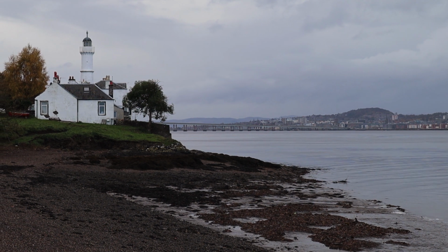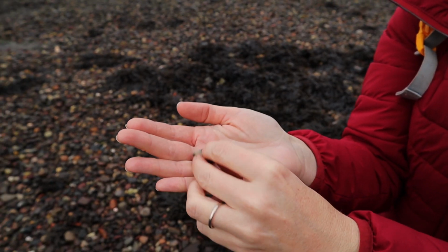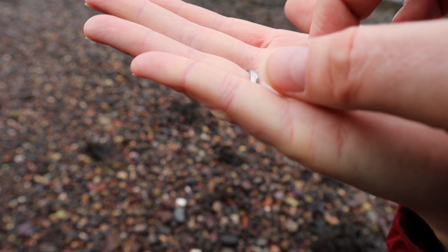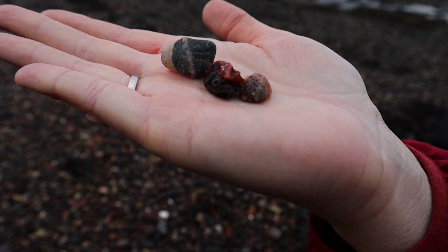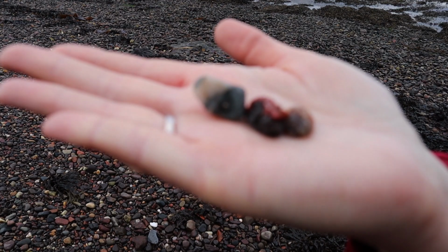Do you know, I reckon we should have started at this end of the beach first. Check these out. They're really cool wee things actually. Now there's a wishing stone in there. Oh, you've got it turned around so it doesn't appear to be a wishing stone. Look at that. See, it's a wee wishing stone. Alright, yeah. But it has that quartz bottom there. Now when you've turned it, that's really interesting because the quartz bottom...